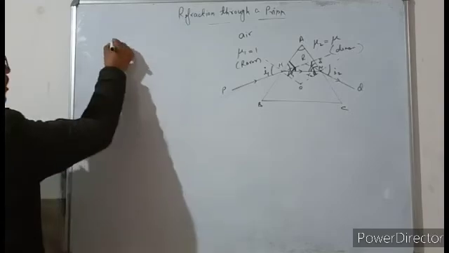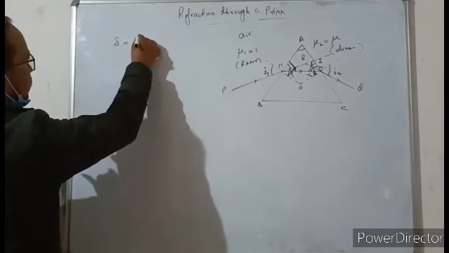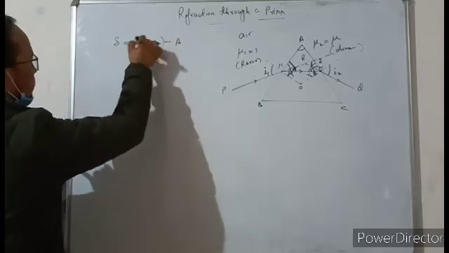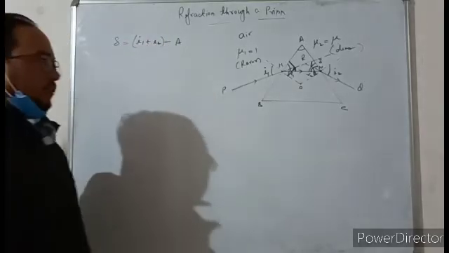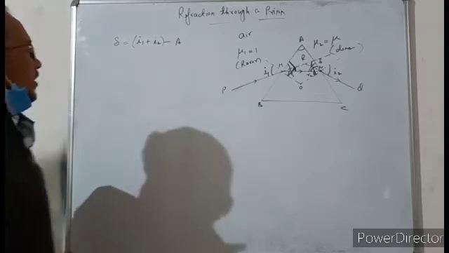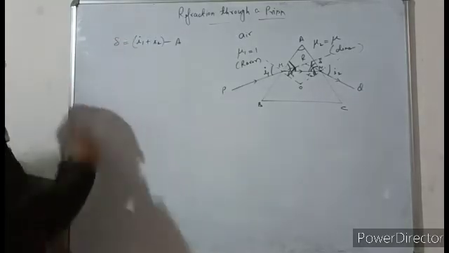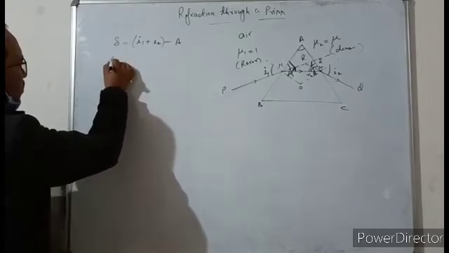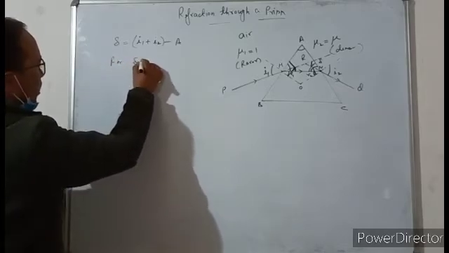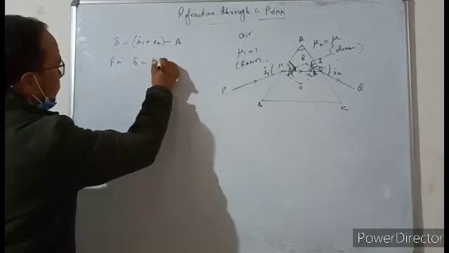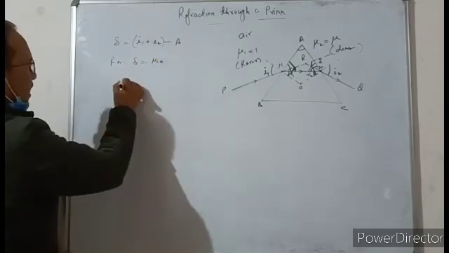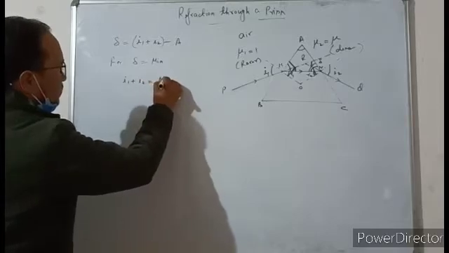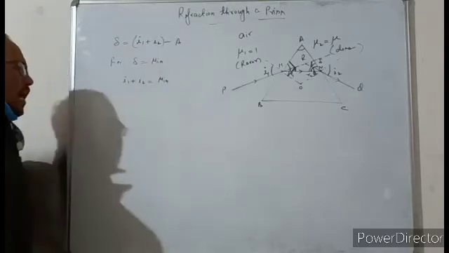अभी हमने फॉर्मूला ड्राइव किया स्टूडेंट्स एंगल ऑफ डेविएशन का, which is equal to I1 plus I2 minus A. This is our formula we have just derived. Now we have to find the angle of minimum deviation. So students, for that, for delta equal to minimum, we can say that I1 plus I2 should be minimum.